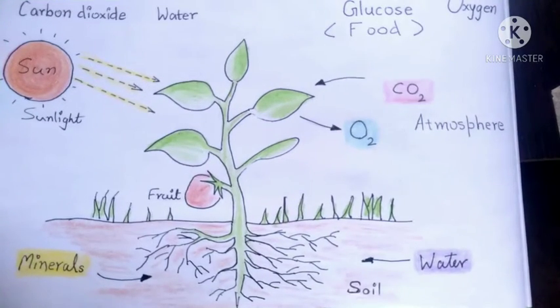Here you can see the very familiar diagram showing photosynthesis in which green plants are exposed to the sunlight which powers the process of photosynthesis. Roots of the plant absorb water from the earth and the leaves of the plant absorb CO2 from the atmosphere. The reaction proceeds within the leaves of the plants. Glucose and oxygen are produced. Glucose is used by the plants and oxygen is released back into the atmosphere. This oxygen is used by the animals for cellular respiration.